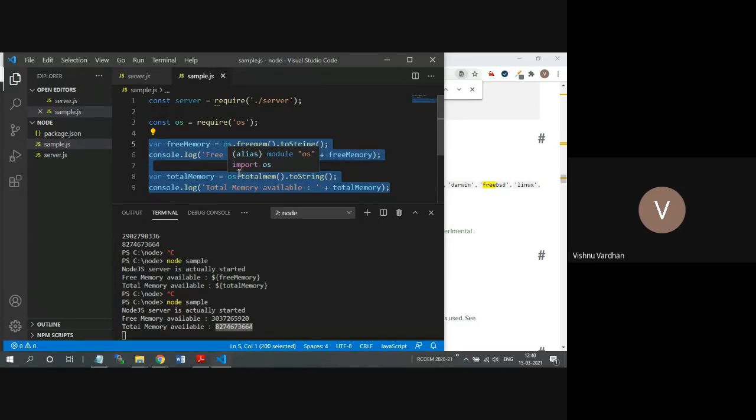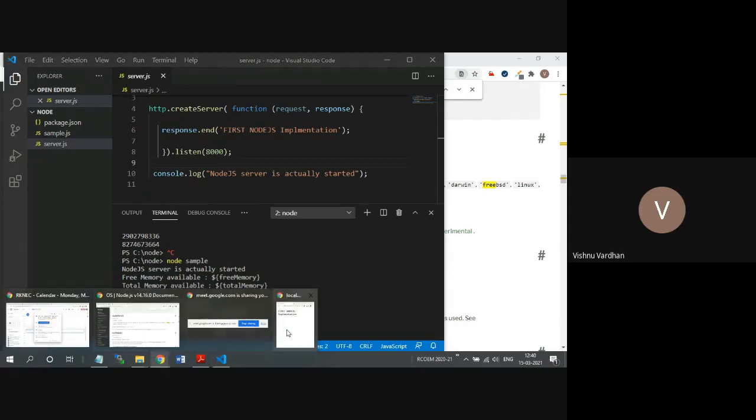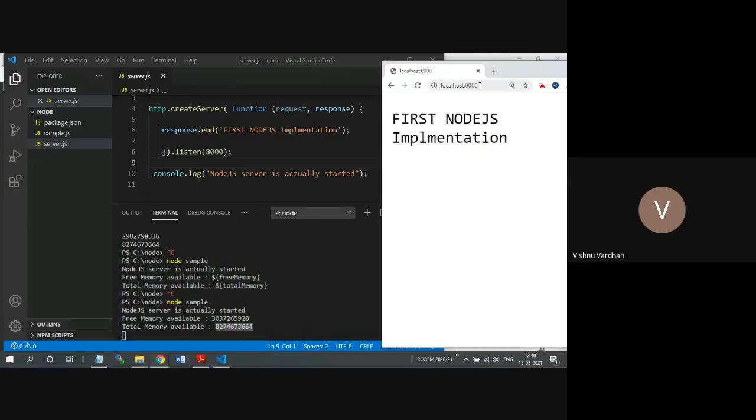Okay. Then we are going to see one more demonstration like this. Suppose I am going to simply close this sample. Now I want to have some routing that is implemented for my web page. Okay, so the routing means suppose this is the root page.